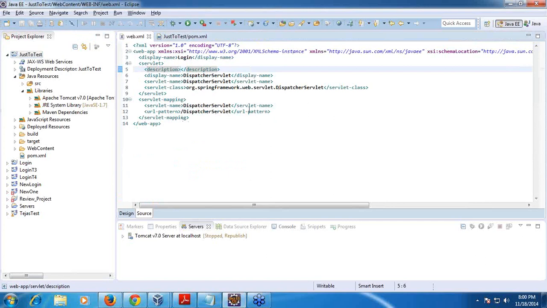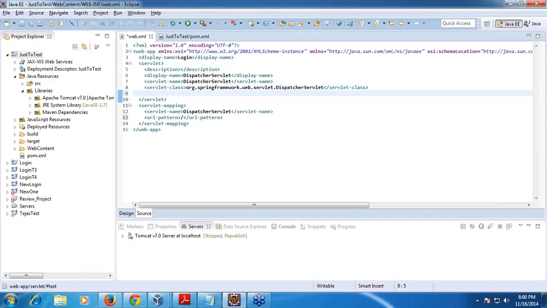This core web framework is added here, dispatcher servlet, right? So now I will map all URL requests. So any URL request, just backslash, that means all the URL requests I'm mapping to this servlet class. I hope all of you know basic JSP servlets. I assume that you know this. Now you know what I am doing here, right?